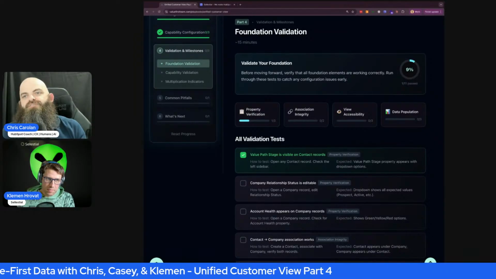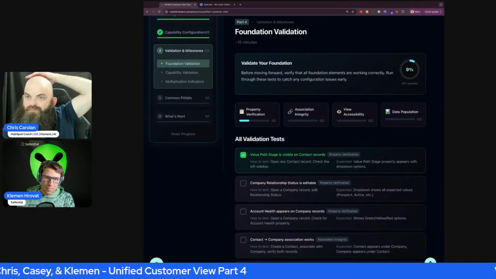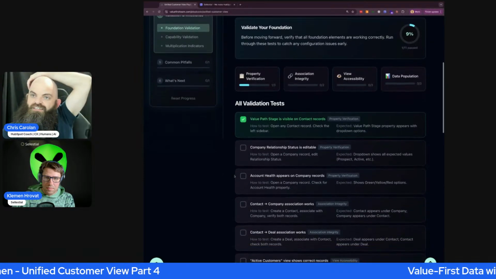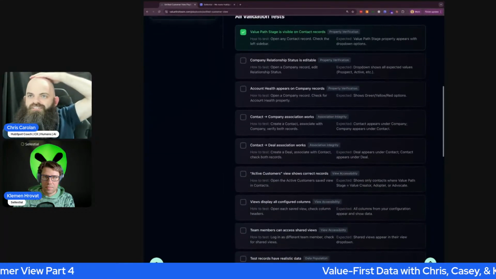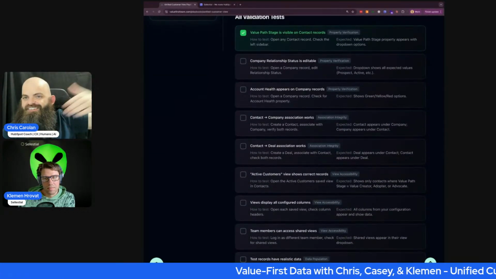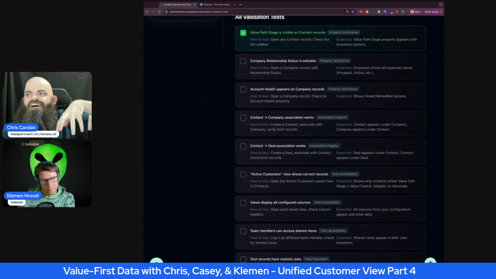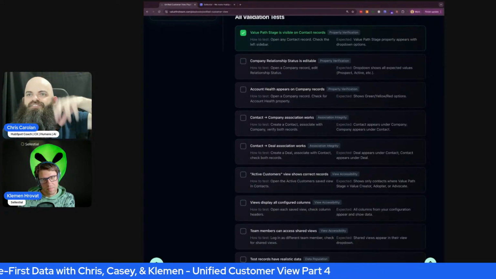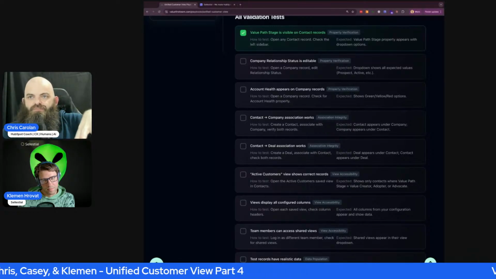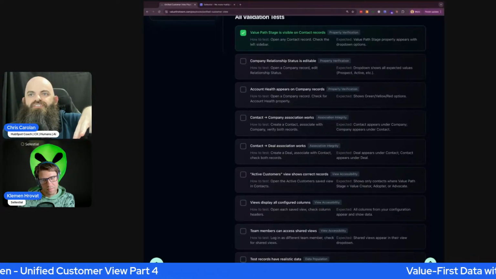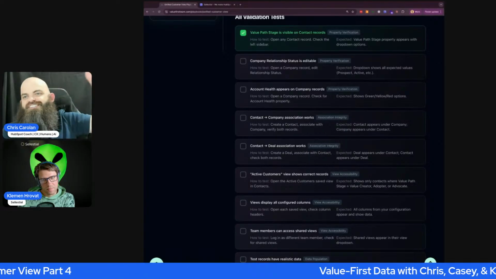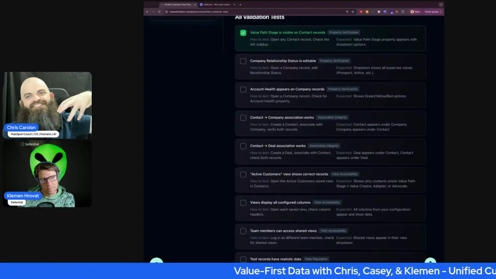And it leads to, when you look at the rest of this list, customer relationship status is editable. HubSpot just detached life cycle stages between contacts and companies. And you've got account health, contact to company association works. Associations are always an easy thing.